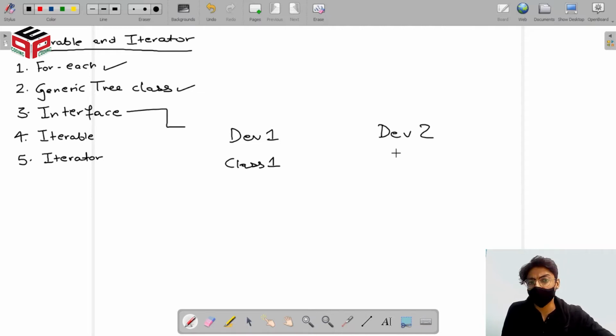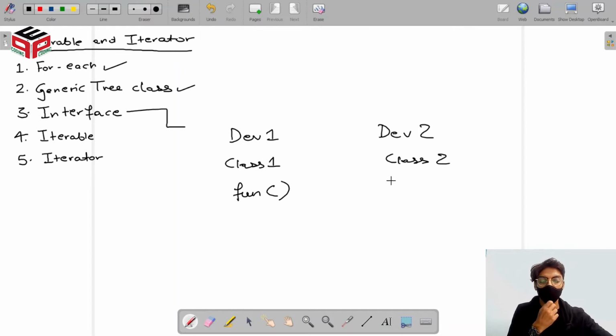Developer 2 writes another class called class 2. Now, say developer 1 develops a function called fun, and this developer is creating this particular function which will be used by developer 2. But developer 2 actually calls this function using fun, capital F. Now, it might be very obvious to assume that this won't work, but we need a solution to this problem